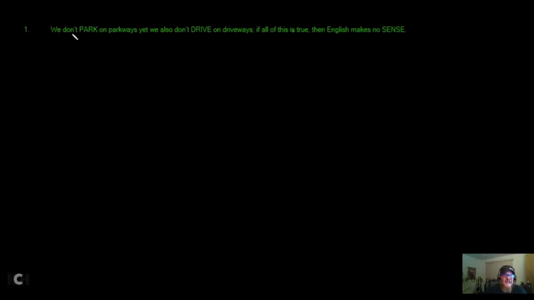So that n't there, that's a negation. We don't park on parkways, yet that means we need to do something with this. That means and. We don't drive on driveways. Now here's one of those semicolons. If you've got more than 2 things to the left of it, those things are going to go together in parentheses. So parentheses are going to be here like this. And look to the right of it: if all this is true,